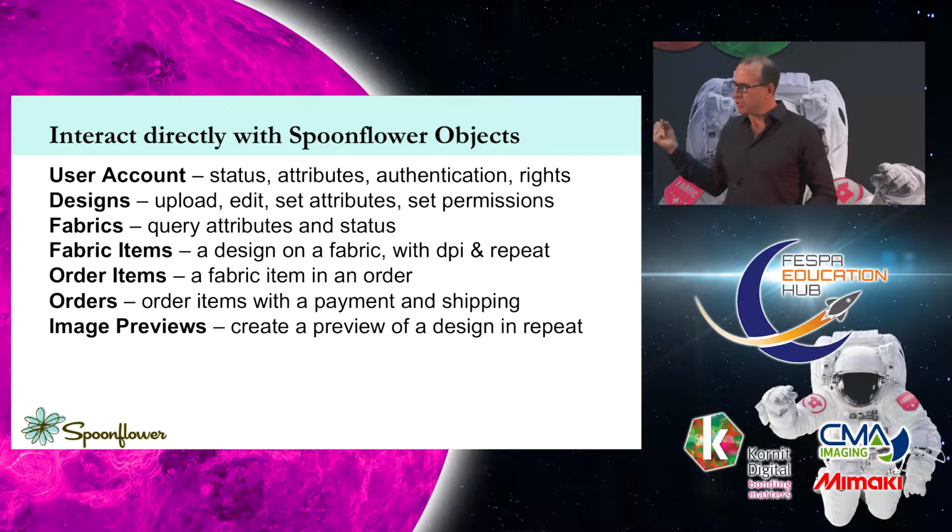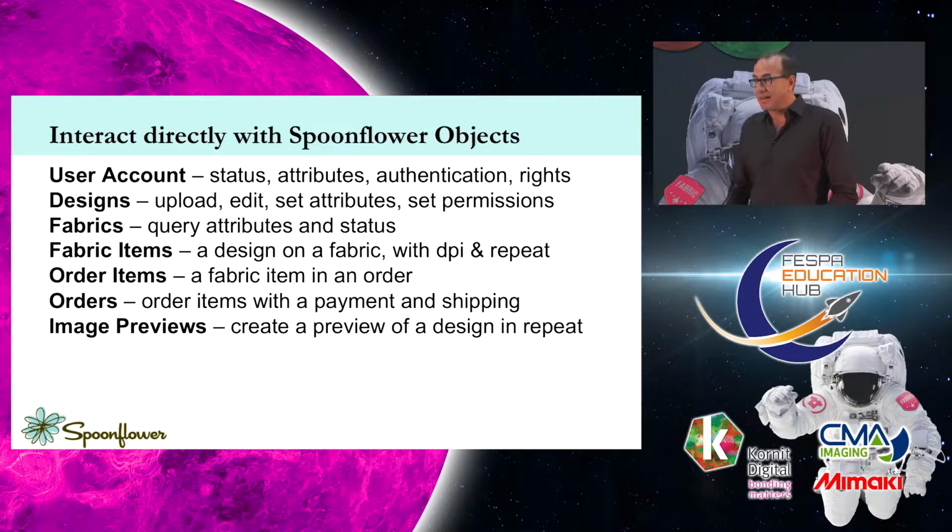In the example of the board shorts, you would upload that design file containing the images as arranged on your website. You could query what fabrics were available and make those fabrics available as choices to the person buying the shorts. You could then assemble the combination of a design and a fabric with a repeat style. Maybe it's half drop, maybe it's mirror, maybe it's a standard repeat style, and a DPI. Maybe the photos need to be this big, maybe they need to be this big,